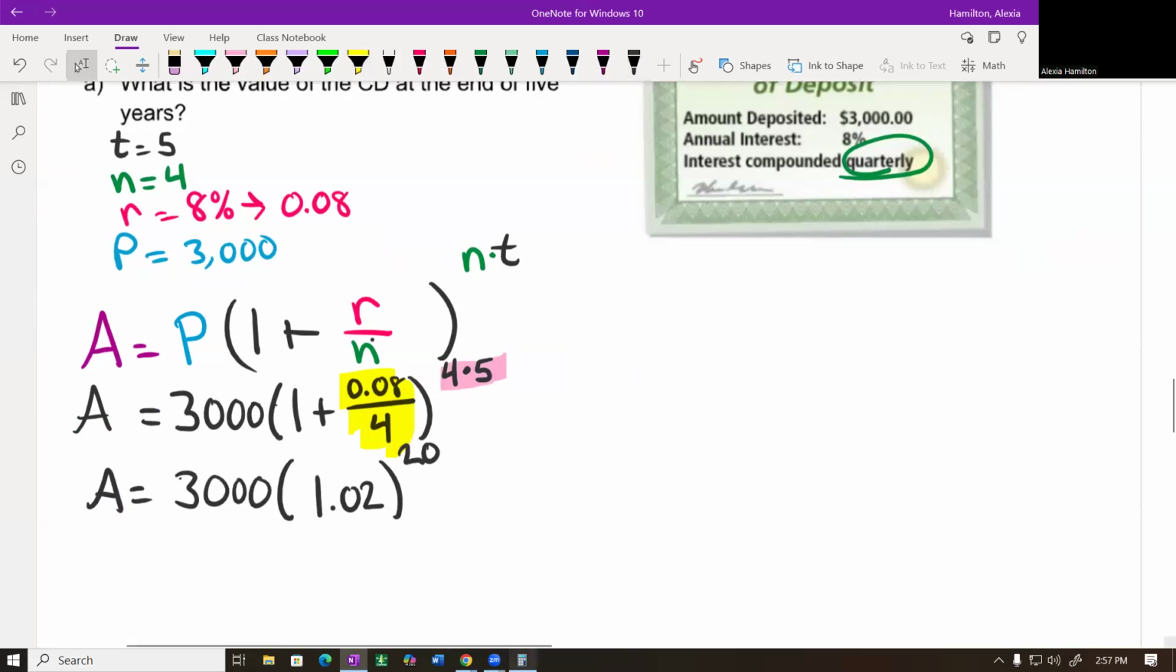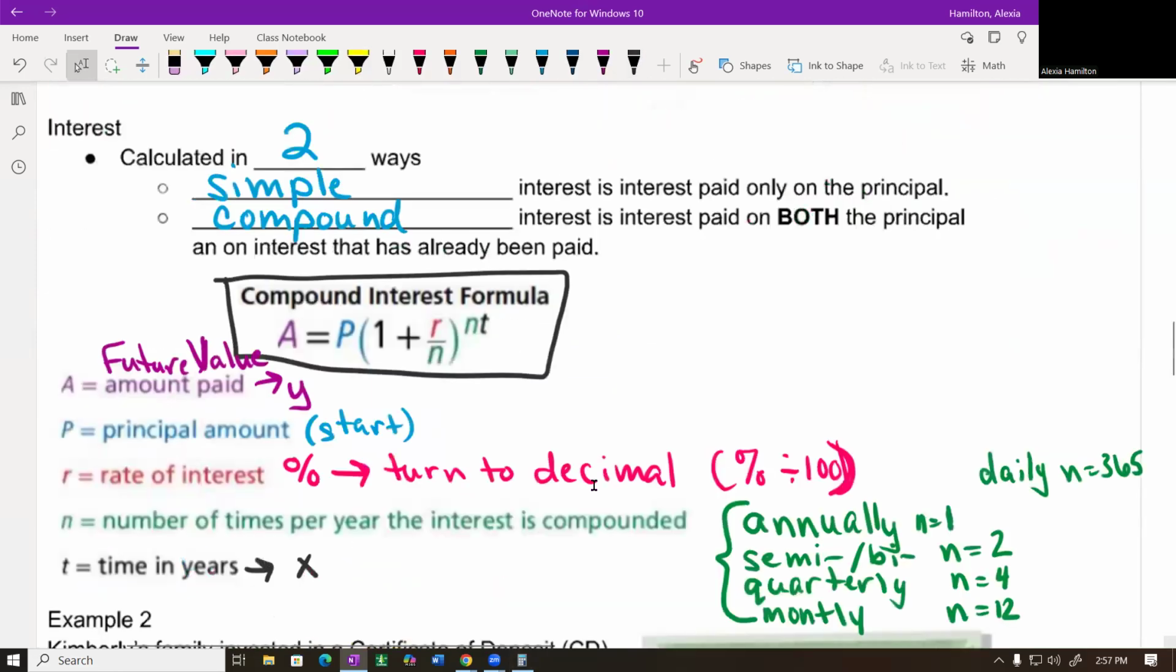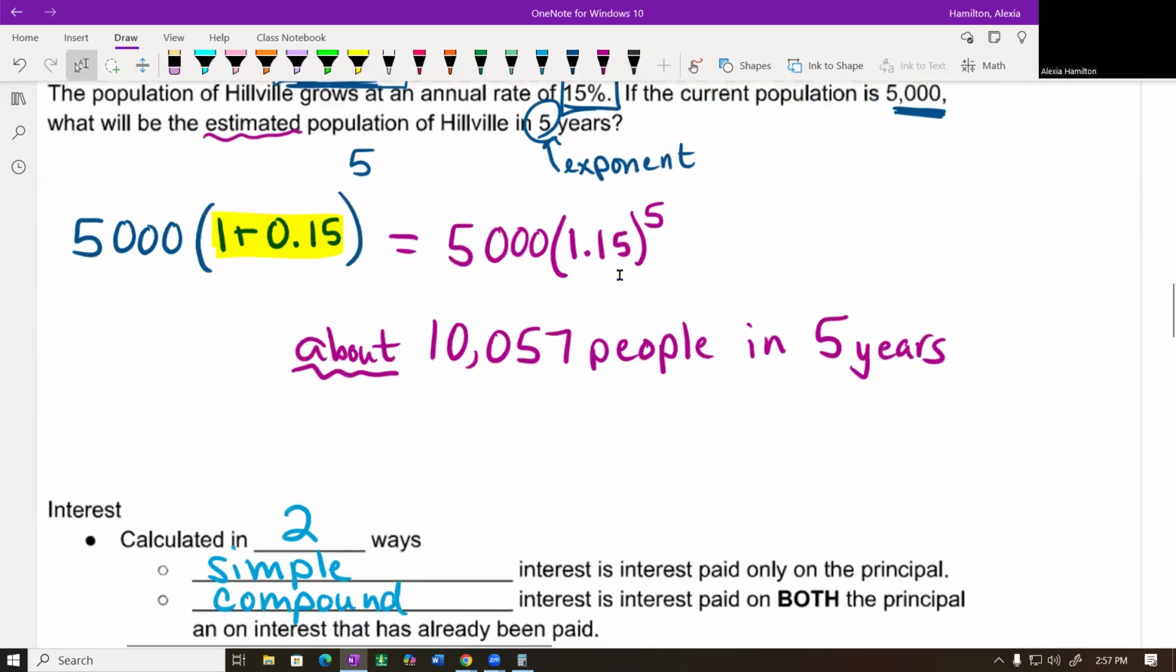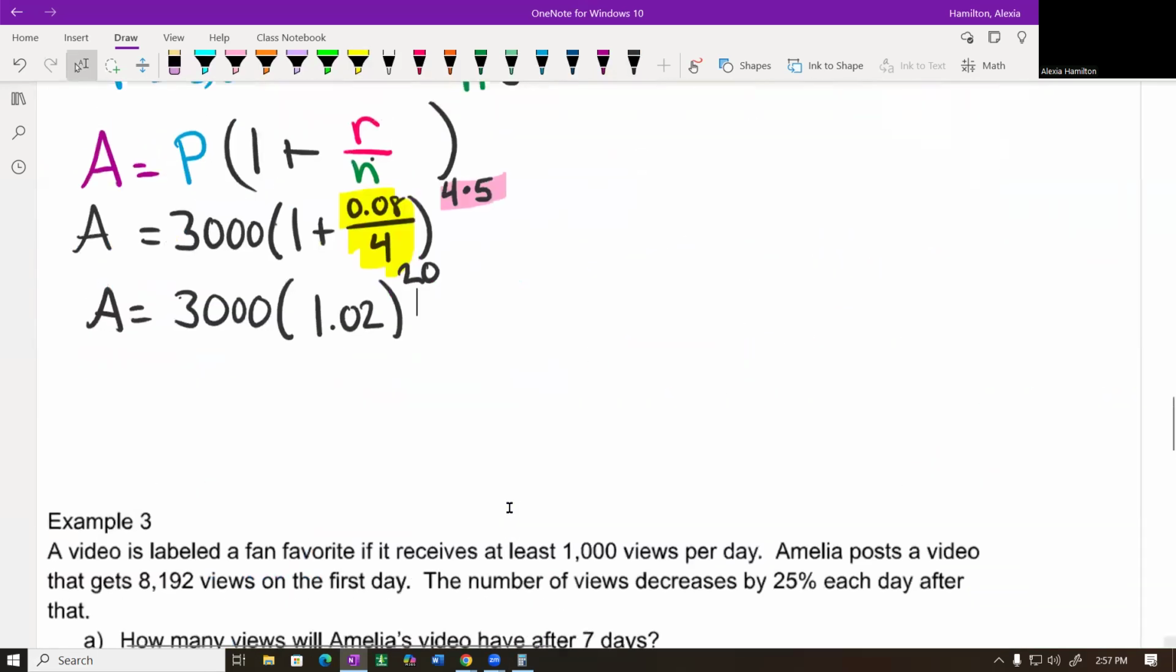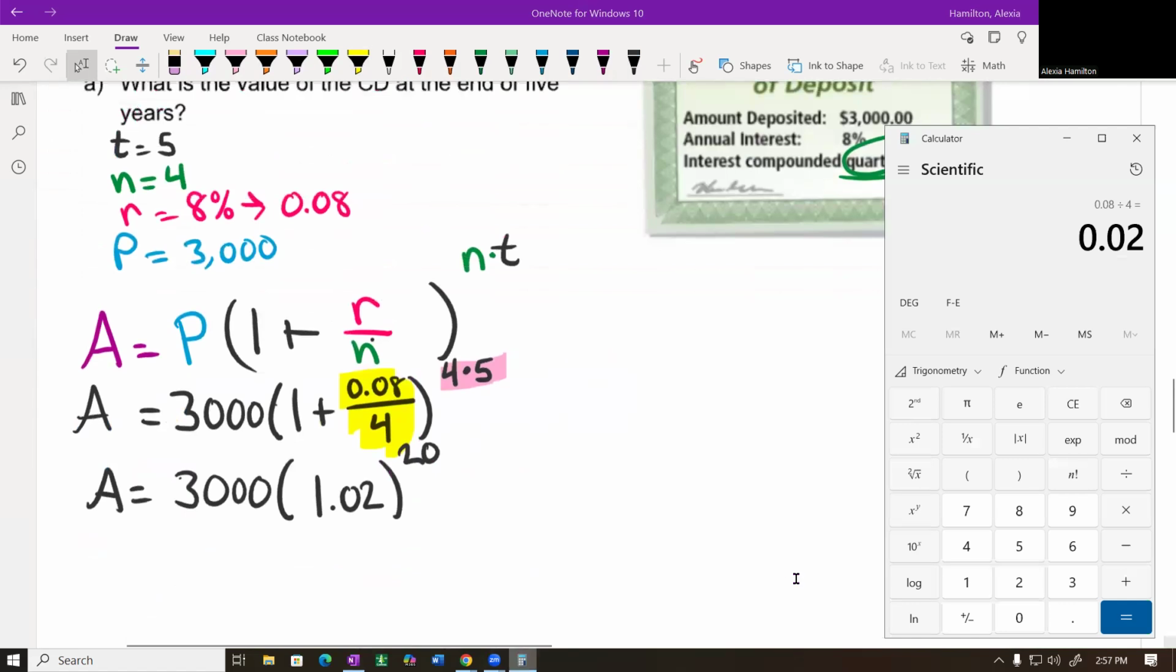Now, I know in the previous example, I did things in bits and pieces, but you know what? We're using scientific calculators. They can handle order of operations. So times 1.02 raised to the 20 is equal to